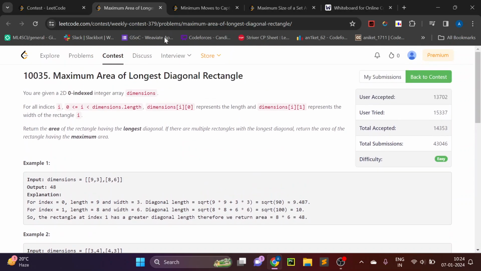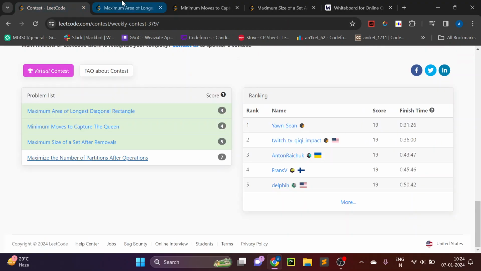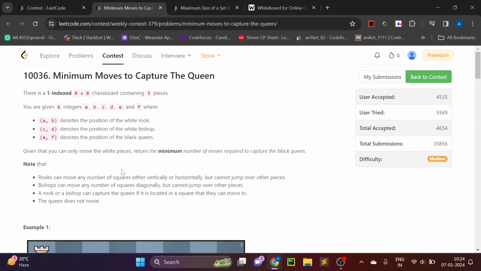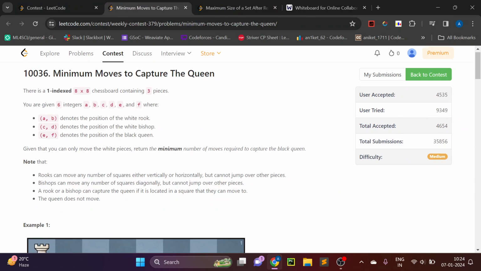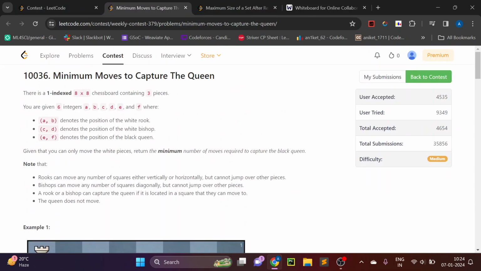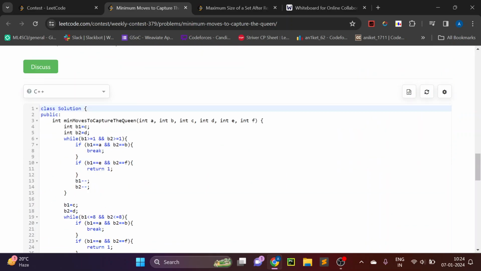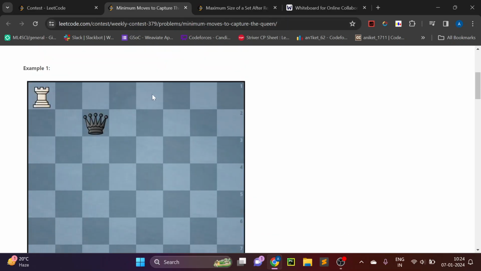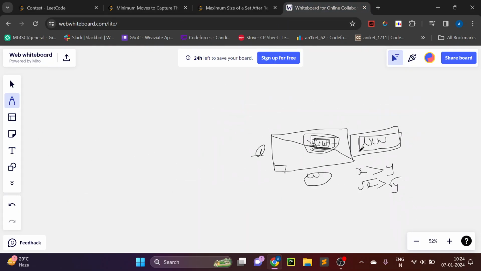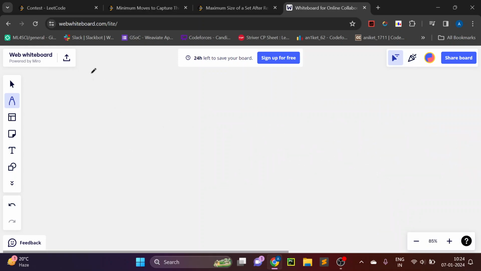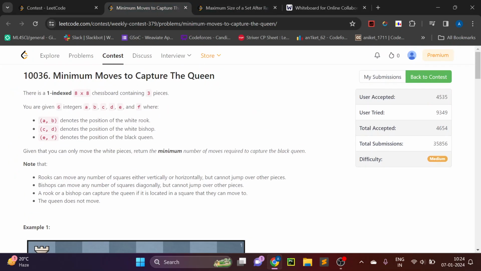So this was the first problem, as usual, very simple. Let's move on to the second question. Now this second question had some cases, or you can say we have to write a simple brute force, right? So in this question we are given three positions of a white rook, a white bishop, and